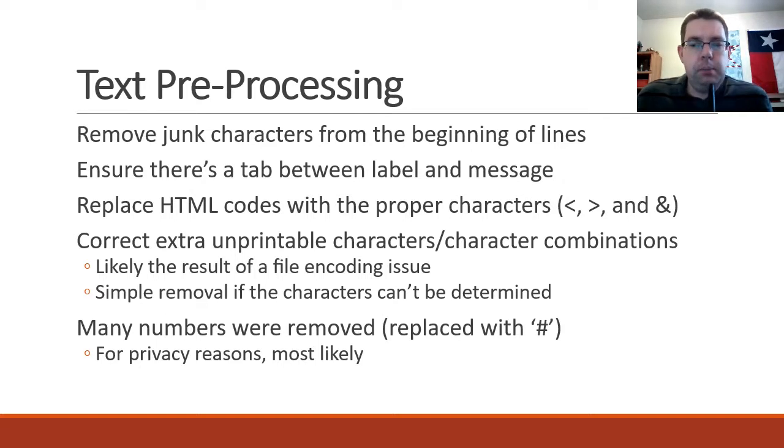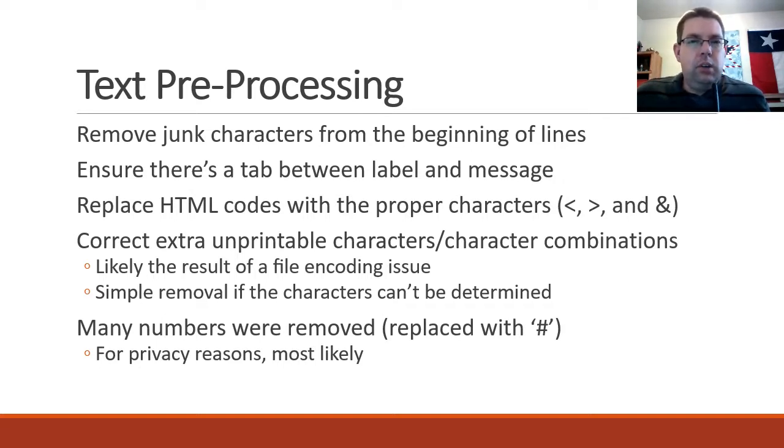Now let me talk a little bit about the text preprocessing that I did in code. First one was that the beginning of the line, and maybe in the first line in the file, had some junk characters that the program took out. Characters that weren't printable, so weren't obvious until you started looking at the data.